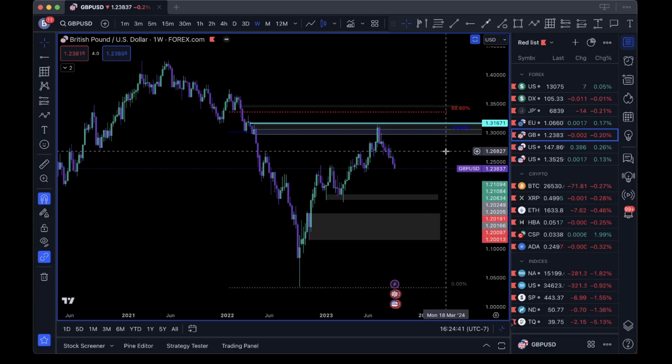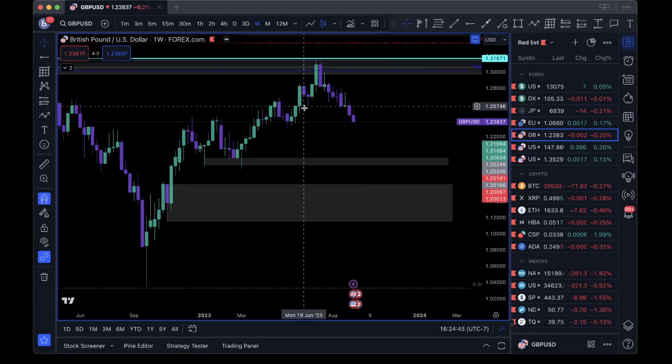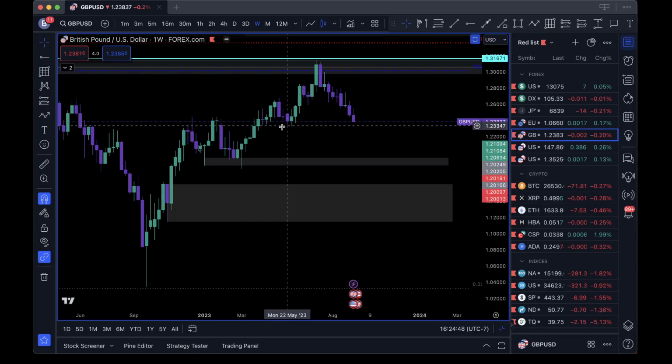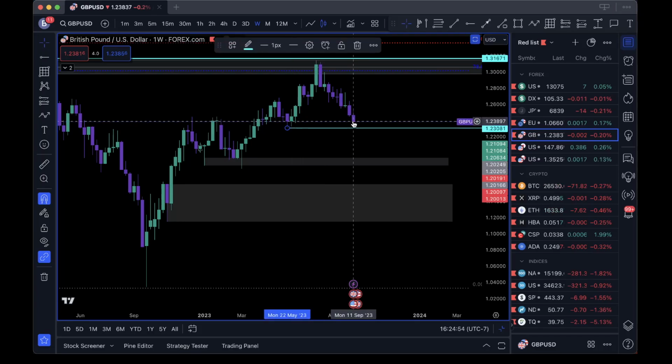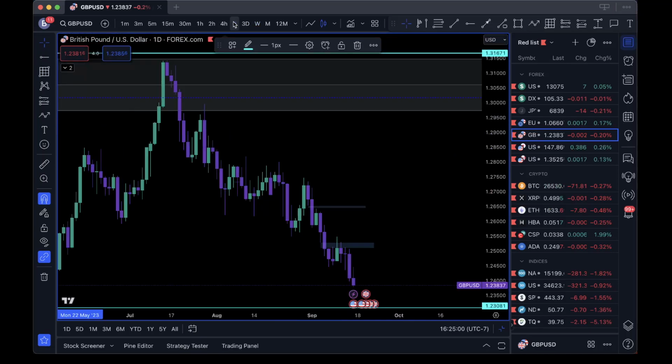Now, the interesting thing with GBP USD is we had this kind of a continuation low, but this is the liquidity I'd be targeting for GBP USD. And the way this candle closed right here, I'm just looking for more downside again. Again, it's going to be lining up with the fact that the dollar is strong, or rather the anticipation, not the fact, but the anticipation of the Fed maintaining rates.